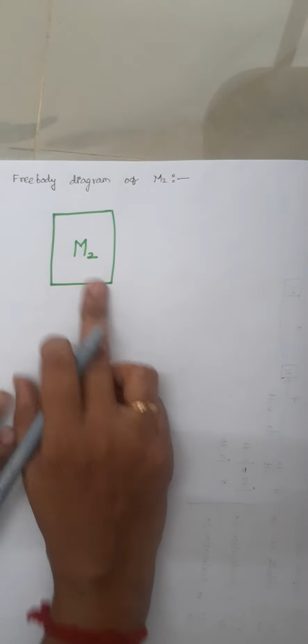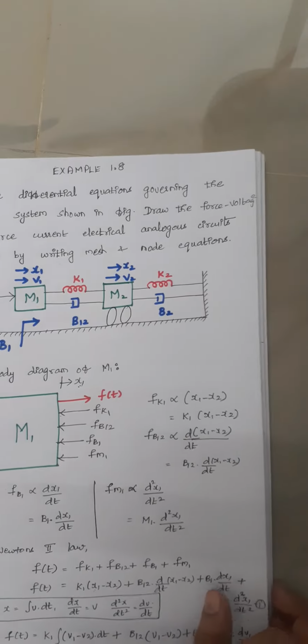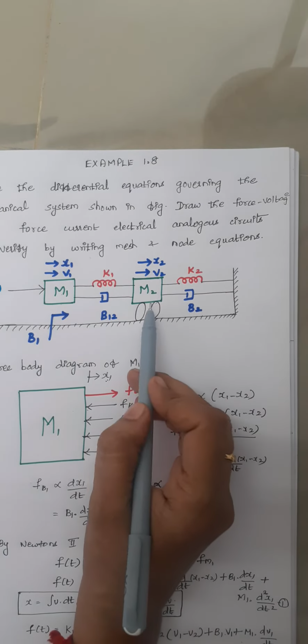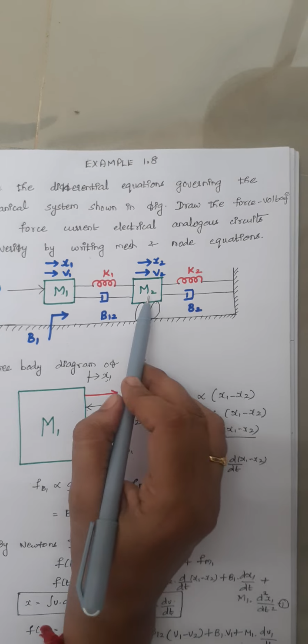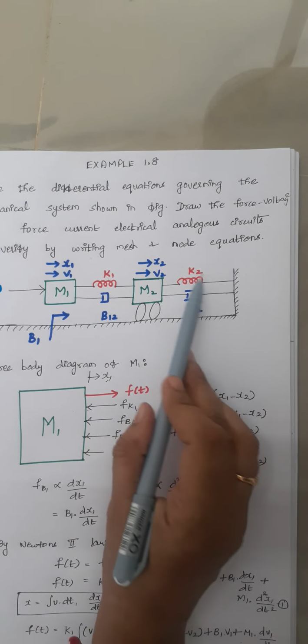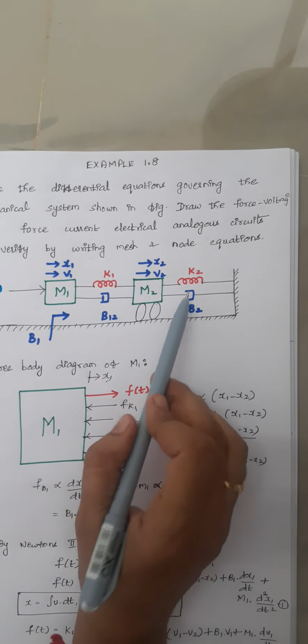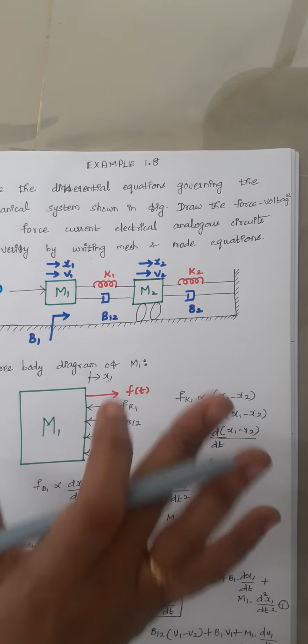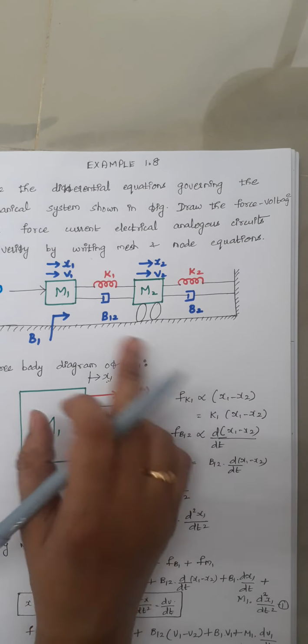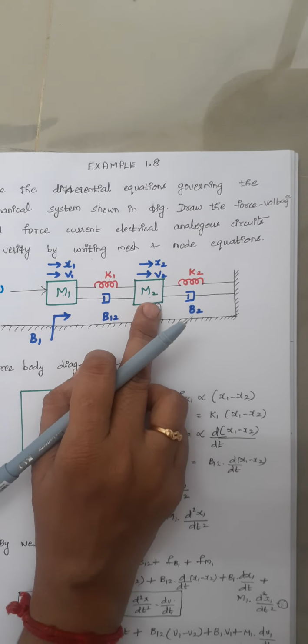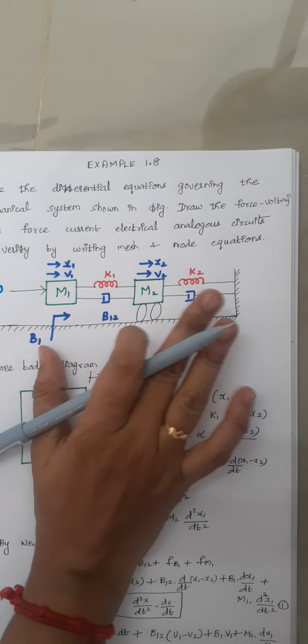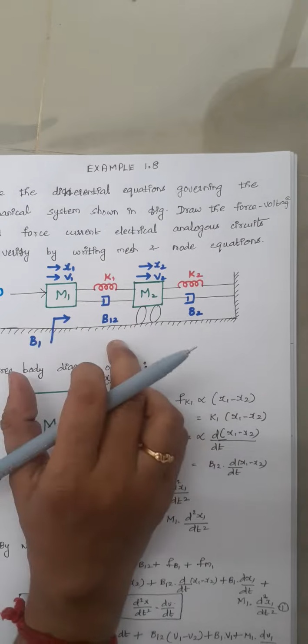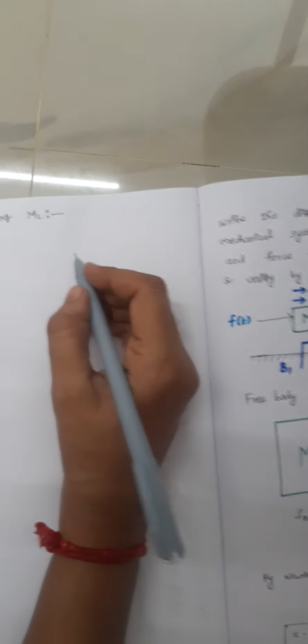Now the second one is we are going to draw the free body diagram of mass m2. So again consider the problem. In this problem just count the number of elements which are connected to m2. So totally 1, 2, 3 and 4. 4 elements are connected. So we will be having 5 forces totally. There is no direct applied force on mass m2. So the applied force on mass m2 is 0. There are only opposing forces. So the opposing forces are listed down as